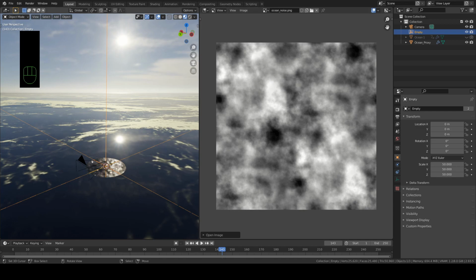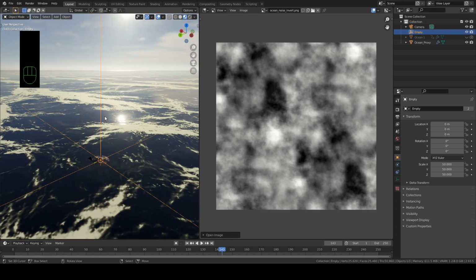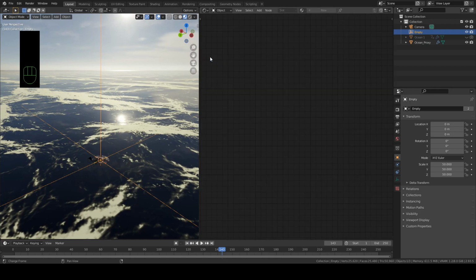And then I saved that as oceannoise.png. And then I did an invert colors on it. Same image, and this is ocean noise invert. That's it. So now that I have those loaded in, now I can go back to shader editor,